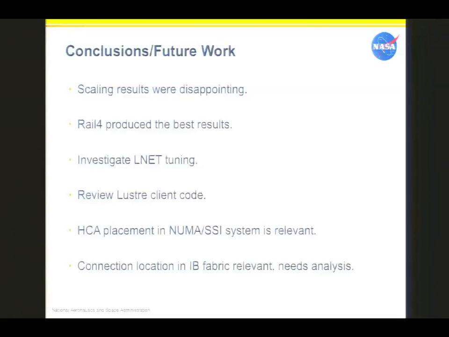So with the HCA placement, do you actually have any underlying ideas about why one HCA placement works differently from another? Sure. Because in a NUMA-based system, it's all basic. I'm not a NUMA expert. I'm not an SSI expert either. But